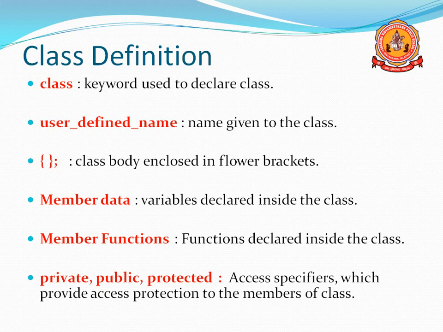And last, private, public or protected are known as access specifiers. Remember that access specifiers provide access protection to the members of the class. Members of the class means data members and member functions. For those data members and member functions, they provide the access protection, or you can say the security. Normally security is provided by either private, public or protected. Later, in the upcoming session, we will discuss access specifiers more.